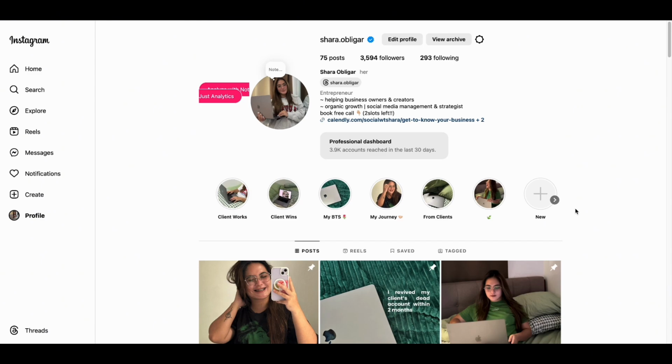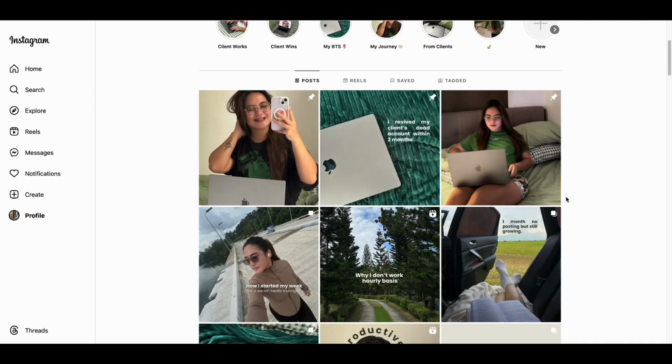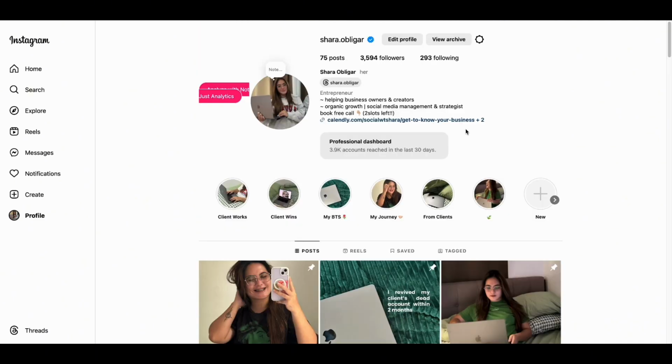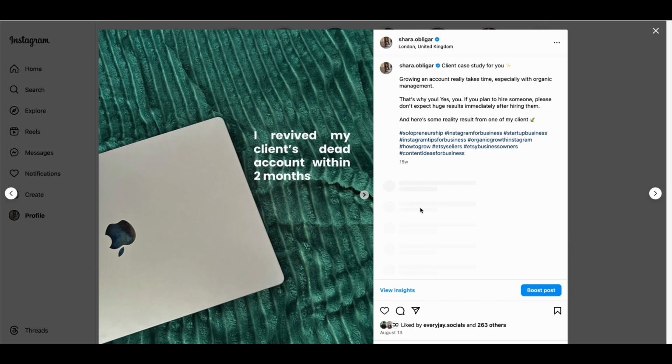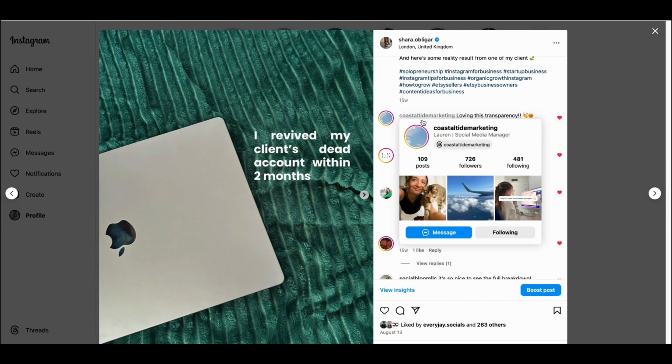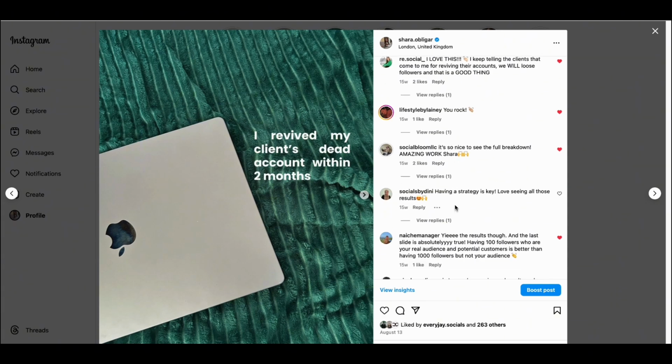Because you can't get clients on Instagram if you just create an account but have no content to post. And after you have created the content, it is time for you to engage with the community. So when I say community, what do we mean by that? Those are the social media managers that are willing to engage with you as a social media manager as well.